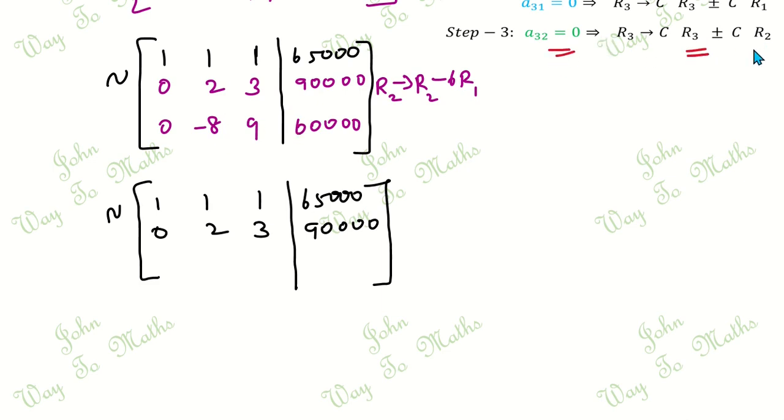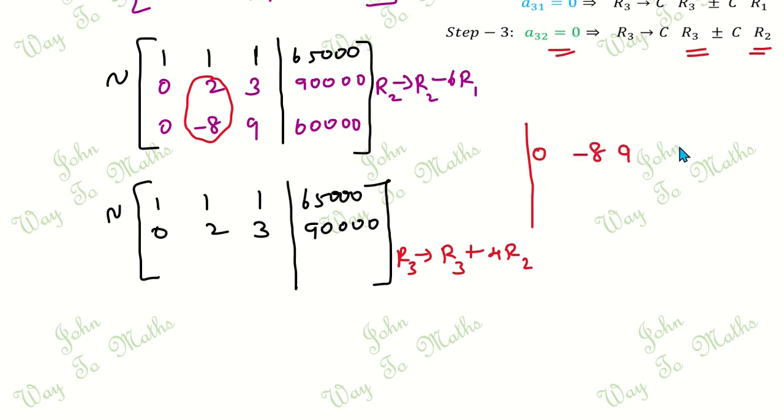So compare R3 and R2. So R2 and R3, here multiplied by 4 we get 8. So 8 minus 8 directly we get 0. So R3 becomes R3 plus 4 times R2. So I'm going to write R3 becomes 0 minus 8 9 then 60,000. Next, R2 multiplied by 4: 0, 2 4s are 8, 3 4s are 12, then 90,000 multiplied by 4